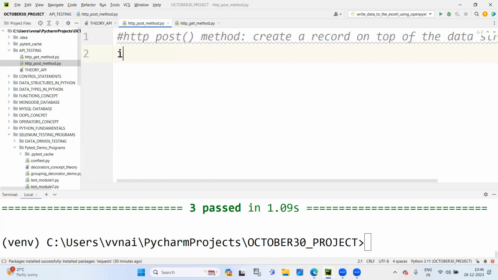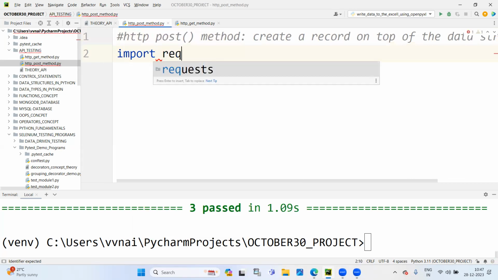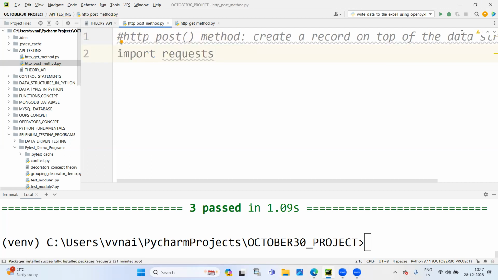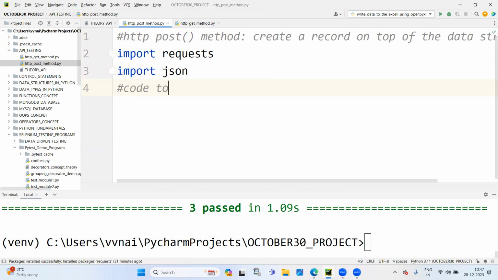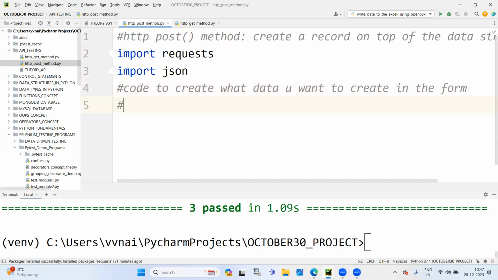Isn't it? So now obviously, we require the requests package to be imported in Python. Otherwise, we will not be able to perform the API testing. Okay, now import json. Now what I'm doing here, I'm writing code to create the data you want to create in the form of a dictionary data structure,